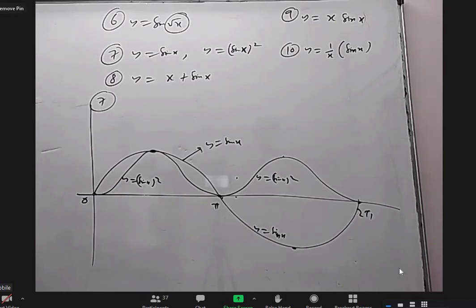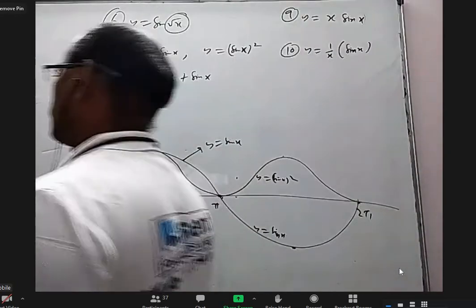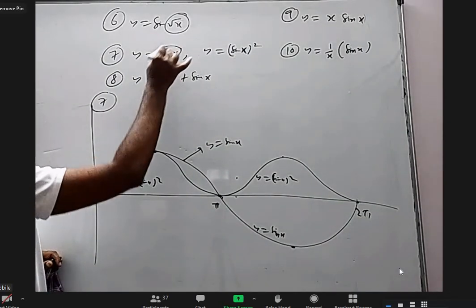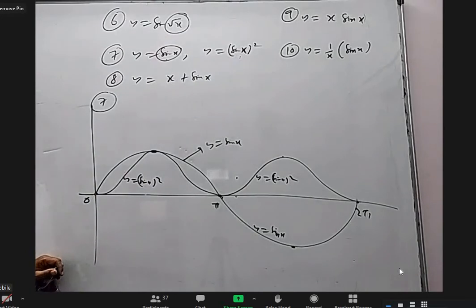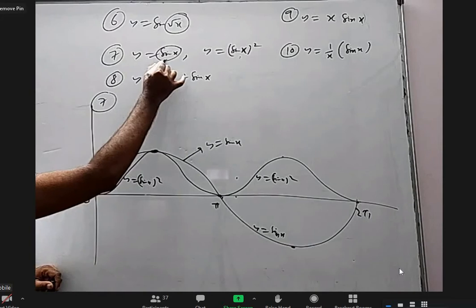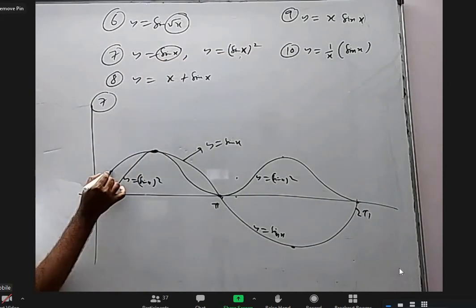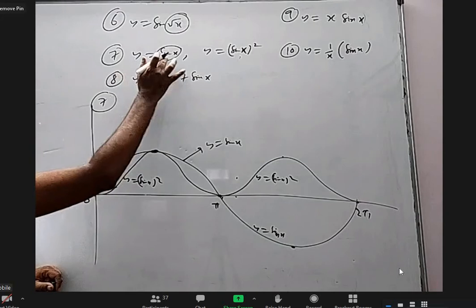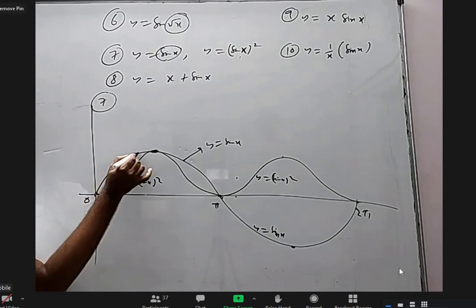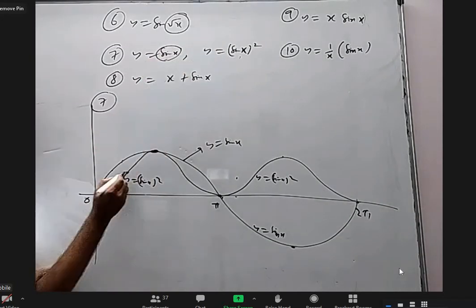Okay, everybody clear about the 7th graph? So could you once explain the 7th one? I didn't understand it. You take any number between 0 to 1 and you square it, the values will decrease. But not at 0, not at 1. 0 whole square is 0, 1 whole square is 1. Whenever this becomes 1 by 2, this becomes 1 by 2 whole square. So when it is 1 by 2, 1 by 4 is a little lower. When it is root 3 by 2, it is root 3 by 2 whole square, a little lower. When it is 1 by root 2, this will be 1 by root 2 whole square. So every point will come down a little, where this height is the square of this number.